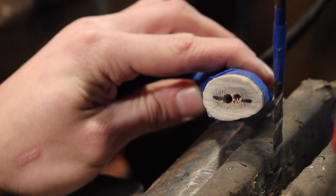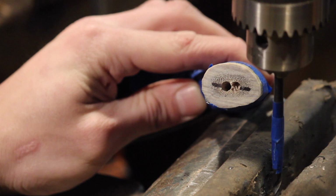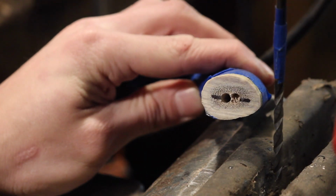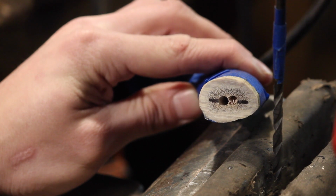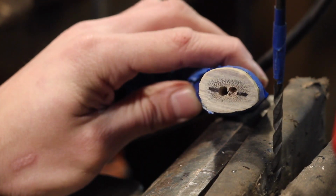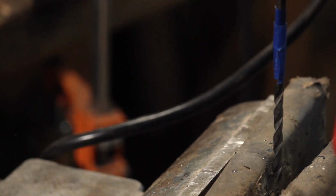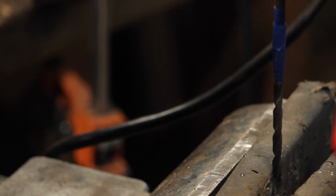Okay, so I think I maxed out the depth of the drill here. I didn't quite reach the tape line, but that's okay. That means I didn't go all the way through the handle. So you can see we got the 2 holes that are pretty close together. So I think what I'm going to try to do now is just go freehand on it, holding it in my hand, which of course is not advisable on one of these things,